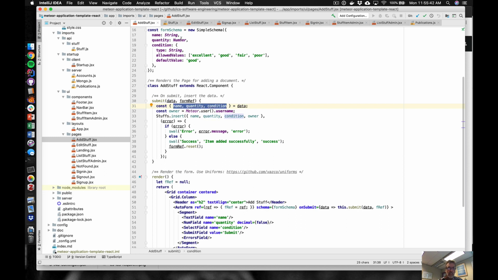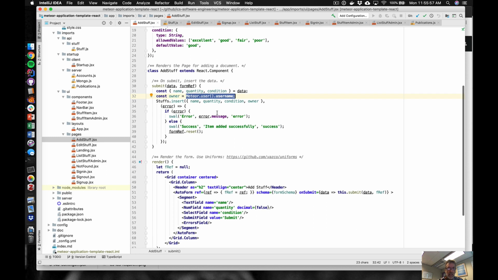We have 3 fields, you can see from this form schema. We also, to do this insert into the stuffs collection, we need to know the owner of the data, which is the person's username, so we get that, and then we do the stuff.insert,